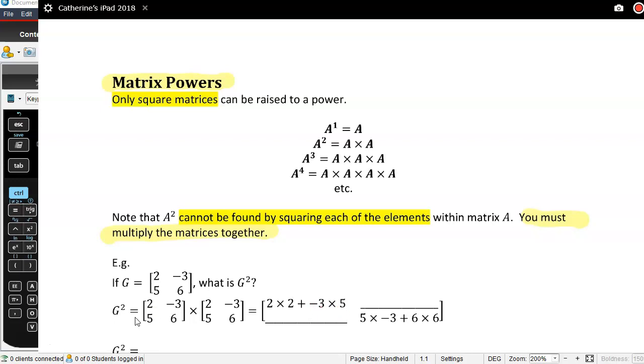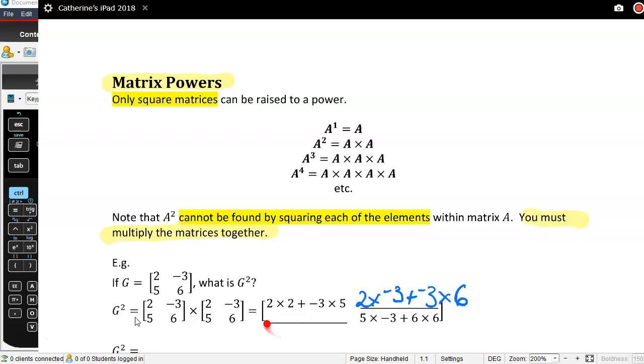Then it's negative 2 times negative 3 plus negative 3 times 6. Okay,